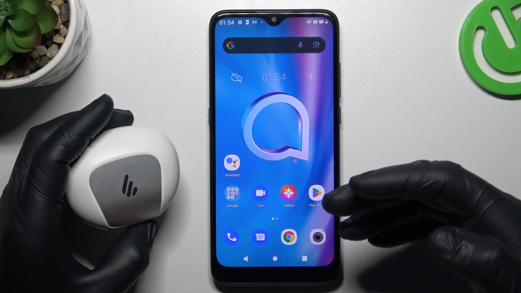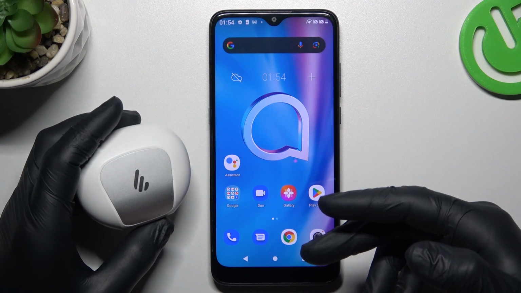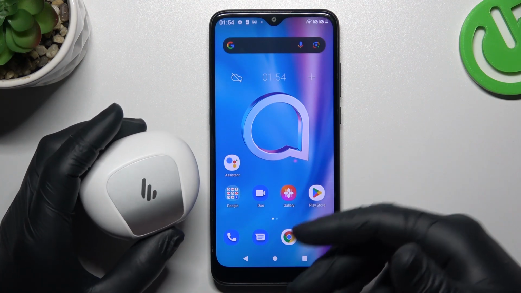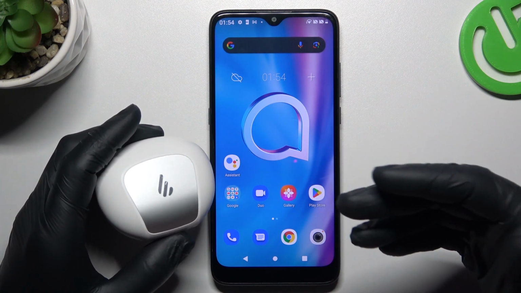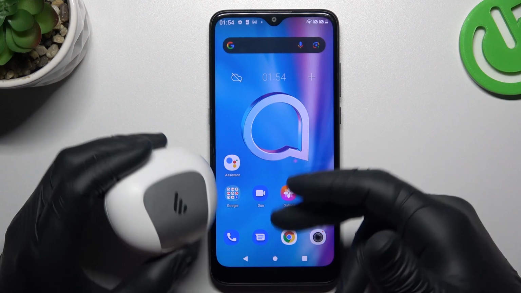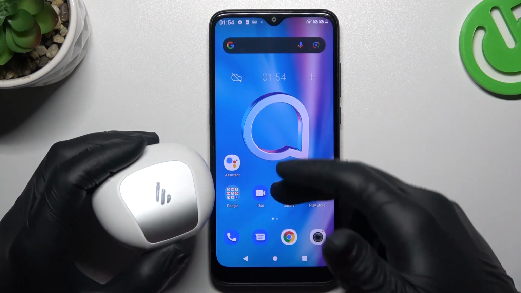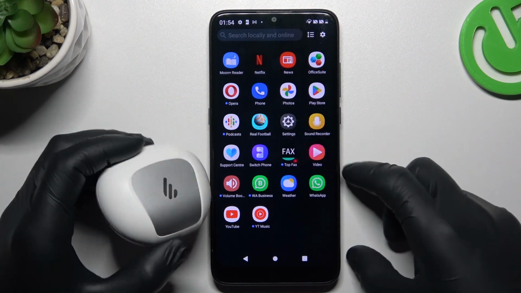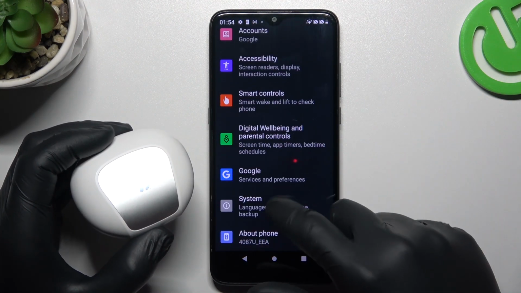At the start you have to be sure that your Bluetooth accessory is in pair mode, and how to activate pair mode you will find in the manual of your device or maybe on your YouTube channel. So just check how to enable pair mode on your device and be sure that your gadget is visible to other devices. But if it's still not visible to your phone, go to the settings, swipe down to the system